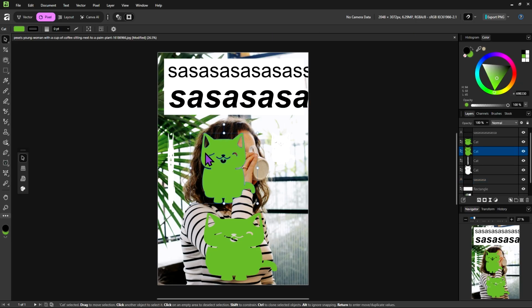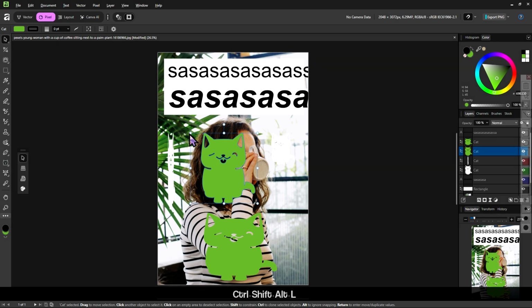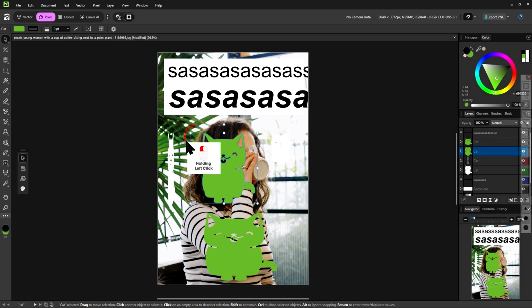So I click on it with the move tool, and I will know it is selected when I see these blue white circles here along with this blue line which connects them all, called the bounding box.